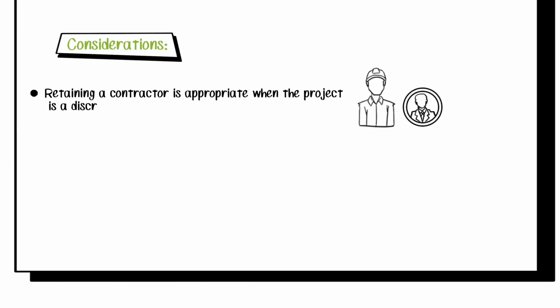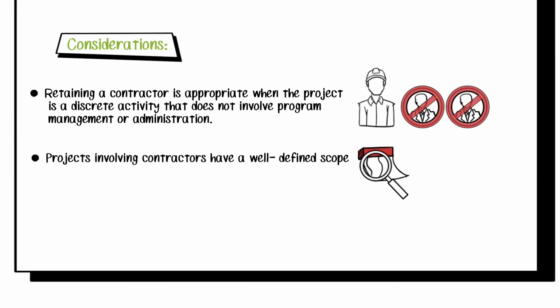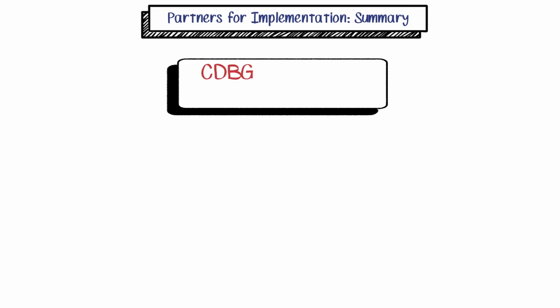Retaining a contractor is appropriate when the project is a discrete activity that does not involve program management or administration. Activities served by contractors have a well-defined scope of work for physical or service-oriented activities and clear beginning and ending dates. In review, entitlement grantees and units of general local government may partner with several different types of organizations to